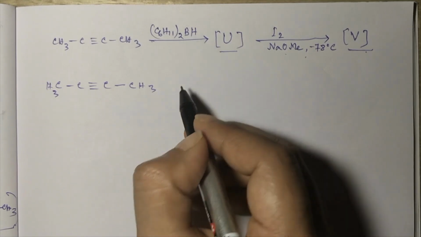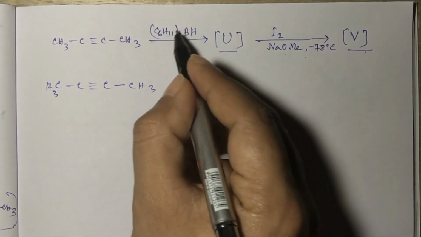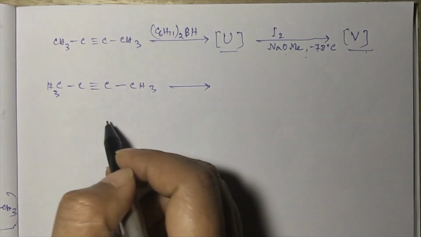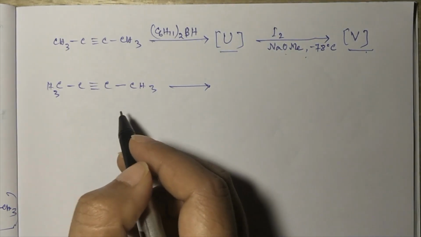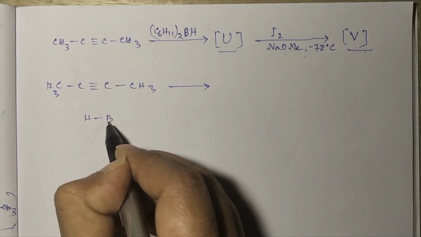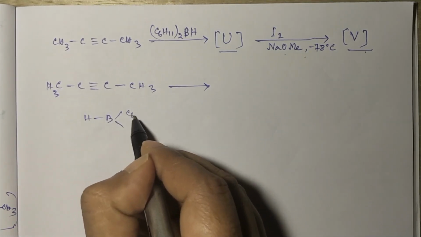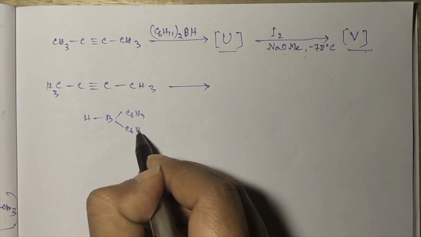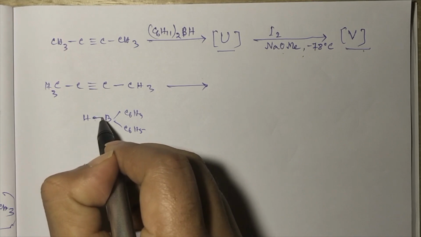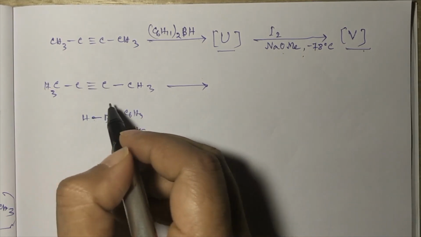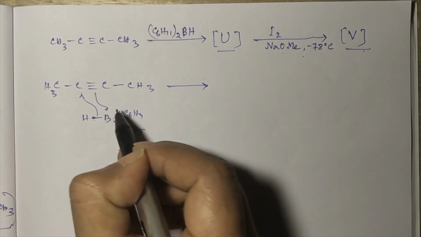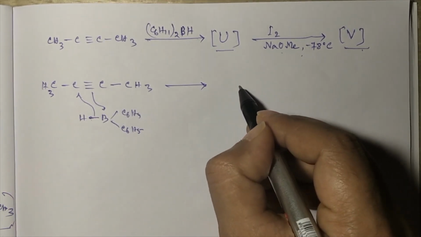As we know, addition of boron hydride is a stereospecific syn addition. So here the BH bond will add to this triple bond in a stereospecific manner. So the product will be